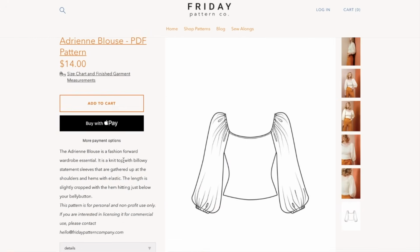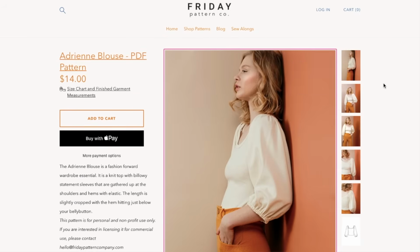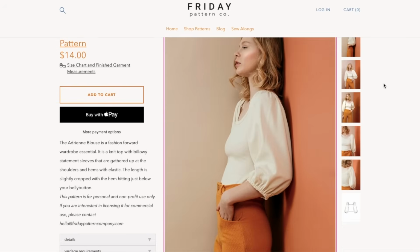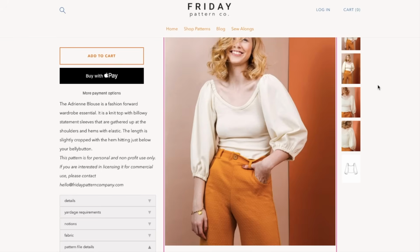And then there's the pattern details. Okay, cool. Let's look at some of these pictures. The pictures are really great. Very magazine quality photos. I don't necessarily need magazine quality photos, but they're fun to look at. So you can see the neckband goes into the elastic, and that's where your elastic gets fed through. Then you have the raglan sleeve. I'm guessing she's not wearing a bra simply because I don't see anything in the way of a strap or anything that looks like a strapless. So that is something to keep in mind. If you don't want your bra straps to show,